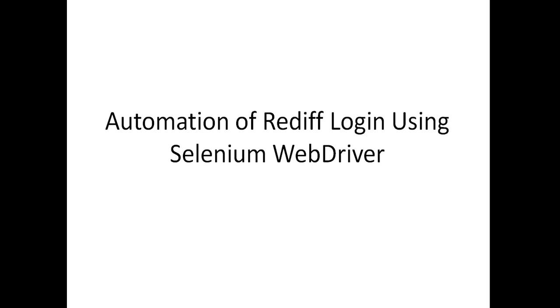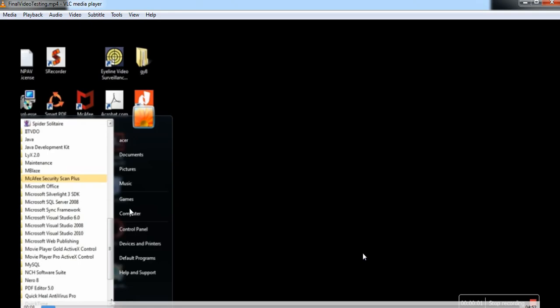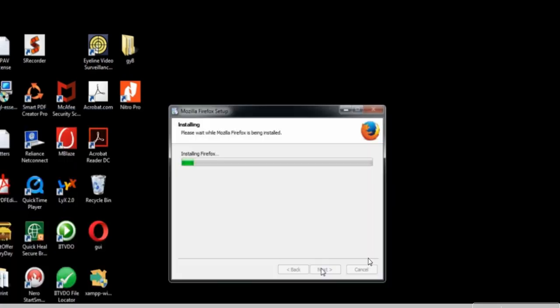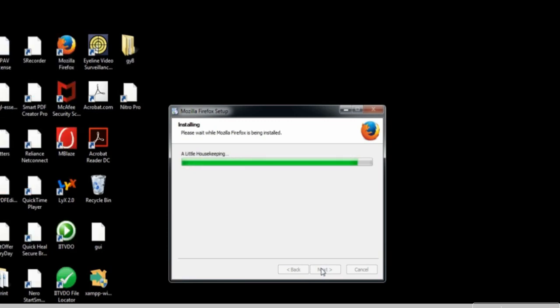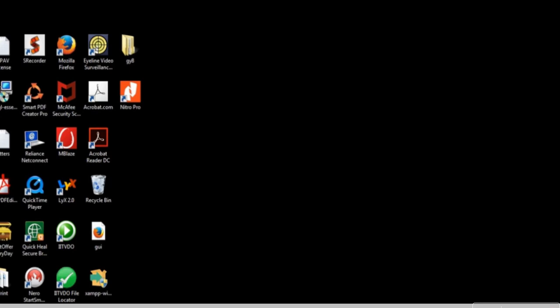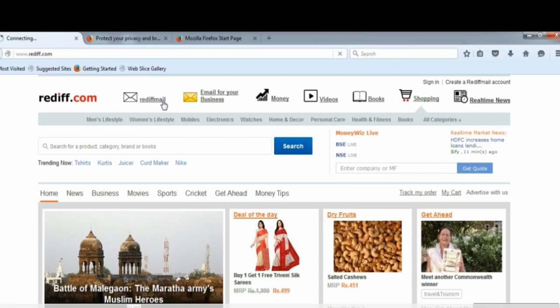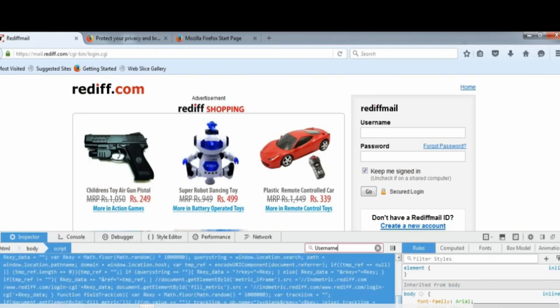So first I'm checking that the Mozilla Firefox web browser is installed on my machine. For that I have downloaded the installer and installed Mozilla Firefox. After successfully completing the installation, I have opened Mozilla Firefox, opened rediff.com Rediff mail, right clicked on the Rediff mail and opened the Rediff page in